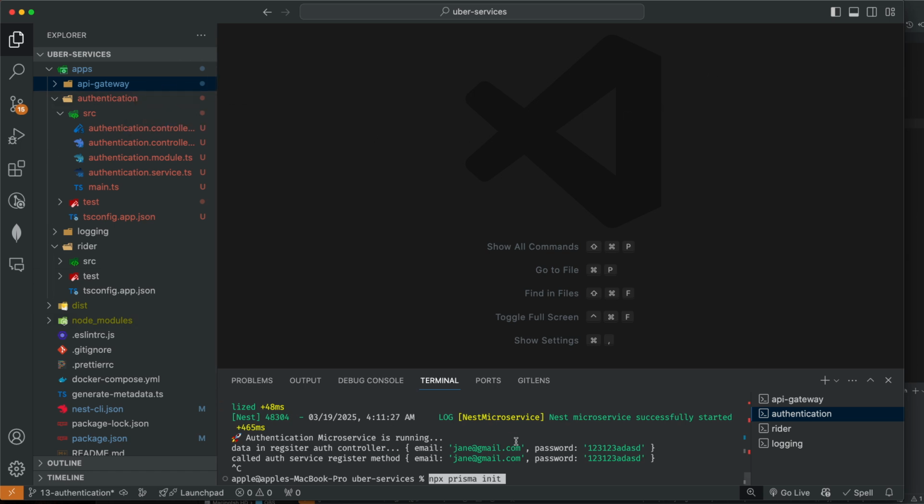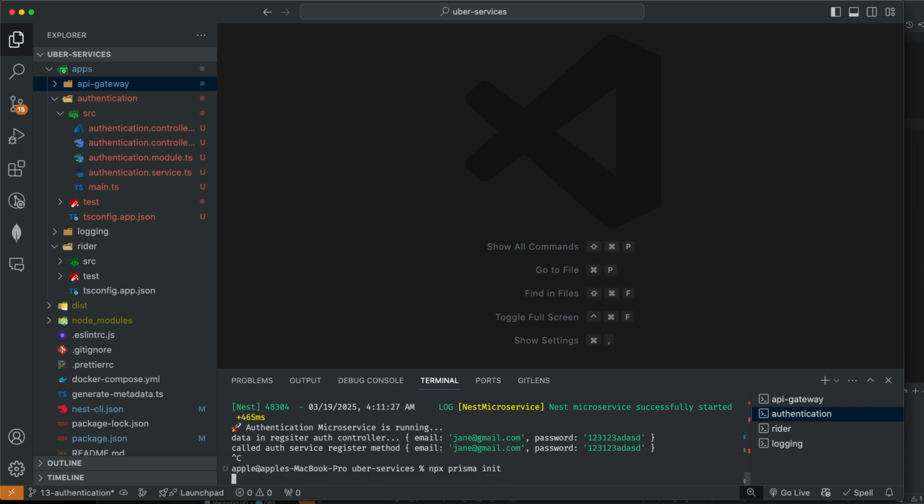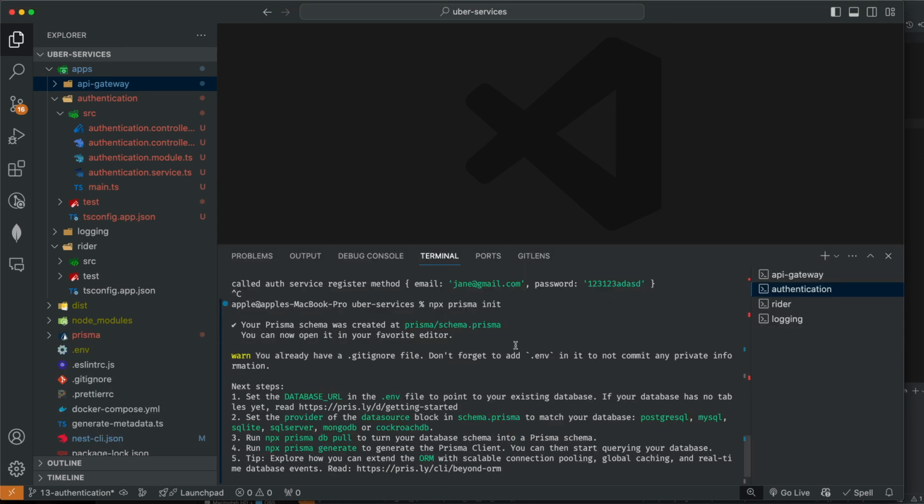There is a simple command, npx prisma init. It's gonna set up the Prisma in our authentication project. It will create Prisma folder and .env file. Now you should see the Prisma folder